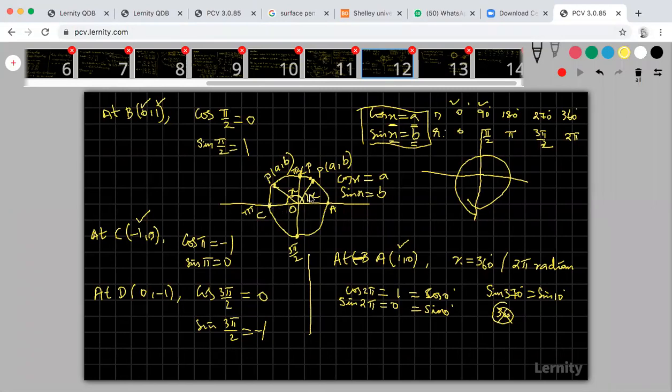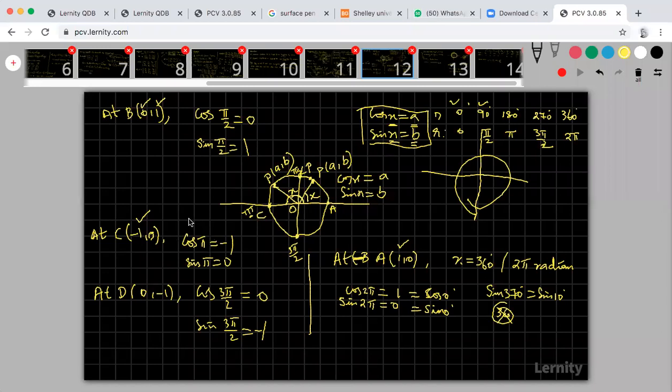Okay, and write your x value also. If you take a point here, this total angle is denoted as 180 degrees or pi radians. The angle we can measure in two measurements, degree and radian. So if you take a point here, that angle is 180 degrees or pi radians. So I am taking this as pi radians. So therefore my cos pi is this a.